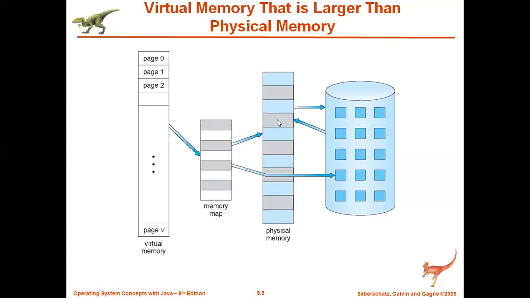In that case, what will it do? If any frame is free in the physical memory, it will directly bring that page from secondary storage, store it here, and then give access to the CPU. If no frames are free here, then one of the data has to be sent back, that is swap out. Then once the frame becomes free, bring the data the CPU is looking for and give access to the CPU. That is what the virtual memory concept is.